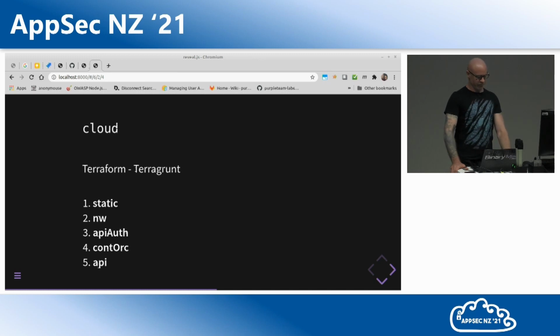The API auth root is responsible for the Cognito user pools, the customer specific auth subdomain. The container orchestration root is responsible for the SSH public keys, EC2, CloudWatch log groups, ECS, auto-scaling, and Lambdas. And the API root is responsible for the API gateway, CloudWatch log groups, VPC links, APIs, API subdomain, usage plans, and API keys.